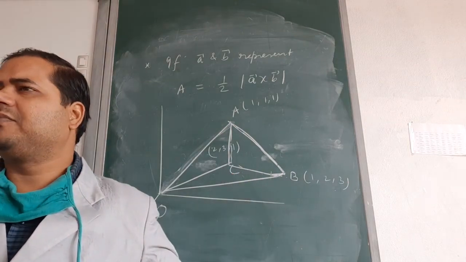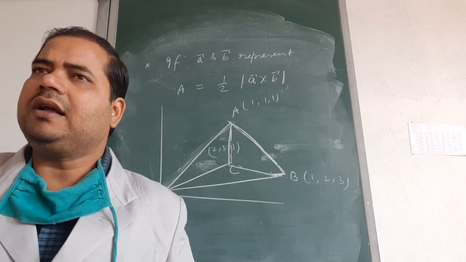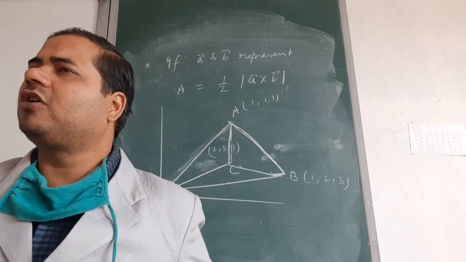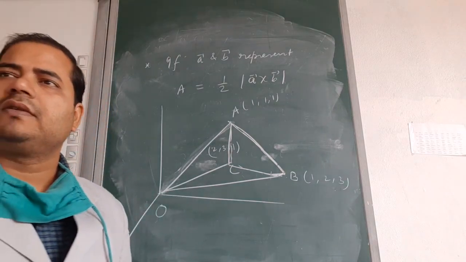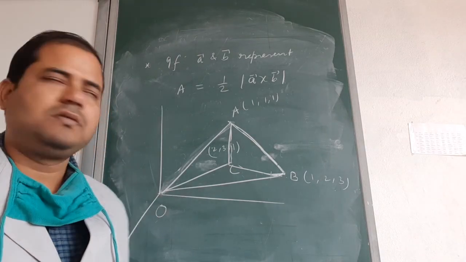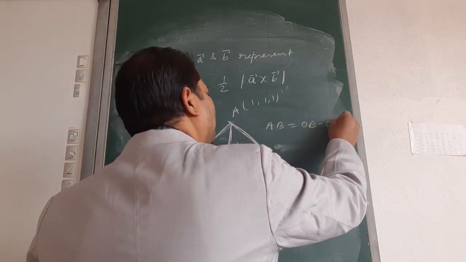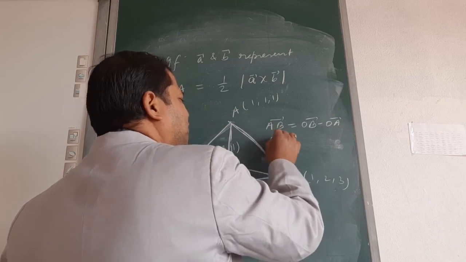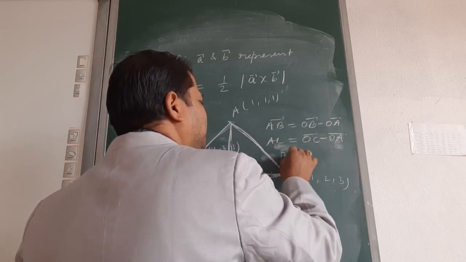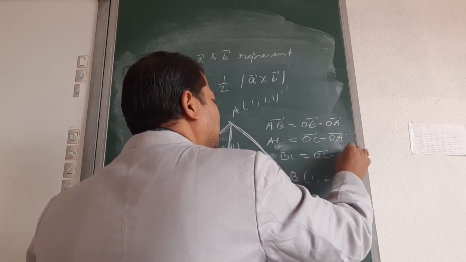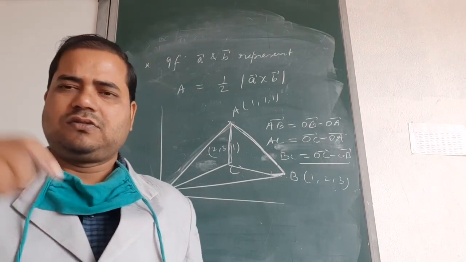तो कोई भी निकाल लीजिए आप, कोई दो साइड निकालिए, AB BC निकाल लीजिए, उसका क्रॉस प्रोडक्ट करिए, है ना, एंड हाफ ऑफ द क्रॉस प्रोडक्ट, मॉड ऑफ क्रॉस प्रोडक्ट, ओके। मान लीजिए AB निकालेंगे तो B माइनस A करते हैं ना। AB means OB minus OA. AC, if you want to find, OC minus OA. BC, if you want to find, OC minus OB. This is the position vector form. Okay? So thank you for today.